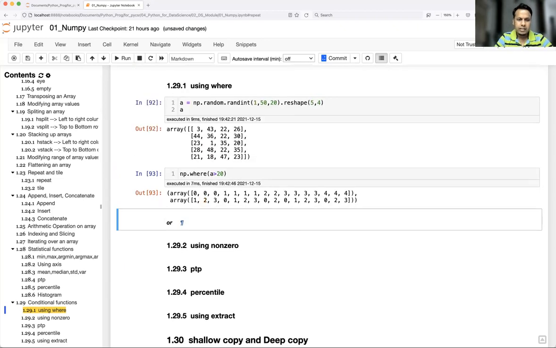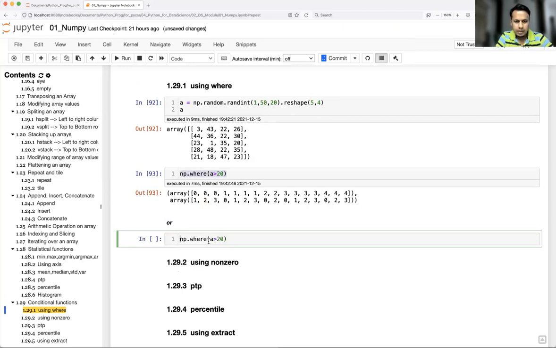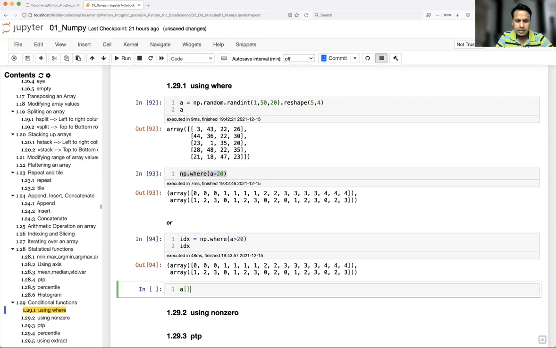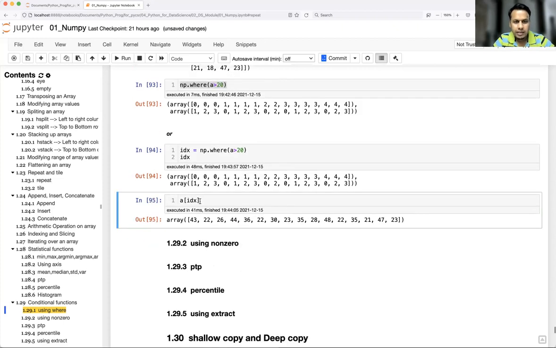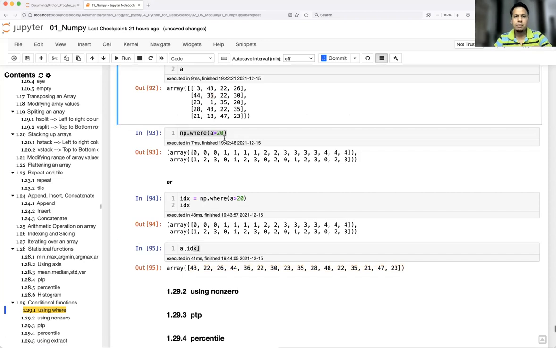Another very simple way to filter is to use this and store the output in, let's say, index. So this is what we got, correct? Now pass this index as the parameter in the array. This is very smart. It automatically filters by row and column index, and it just returns the values for which the condition is true. If you remember, if you want to get this value exactly, you put in square brackets the row indices and column indices. That's what it is doing there.